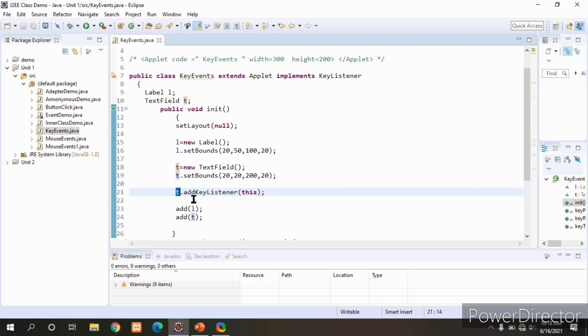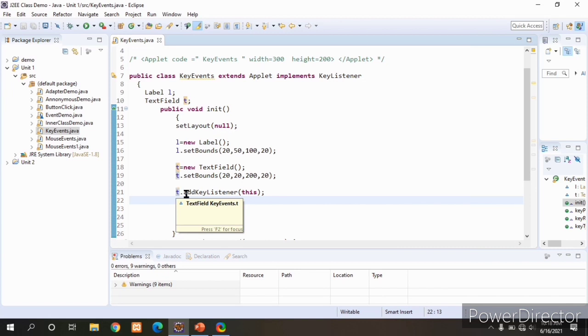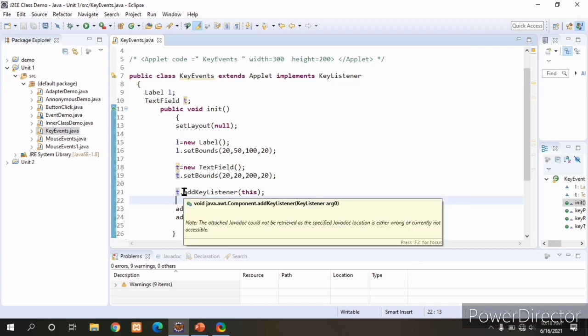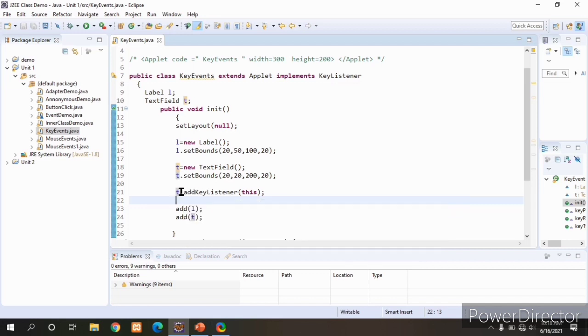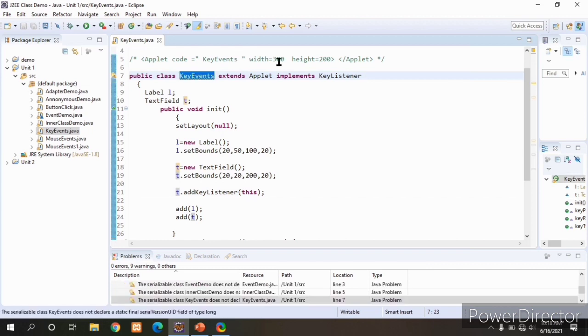For that I am using addKeyListener, and this is the current reference to the KeyEvents class which is implementing KeyListener. This statement informs the key listener that the event is generated.